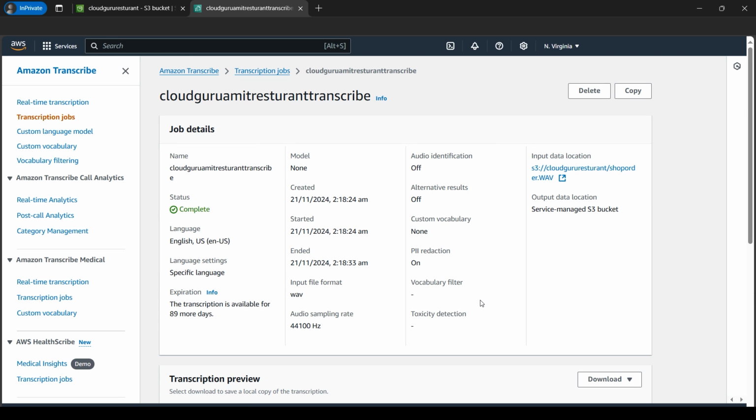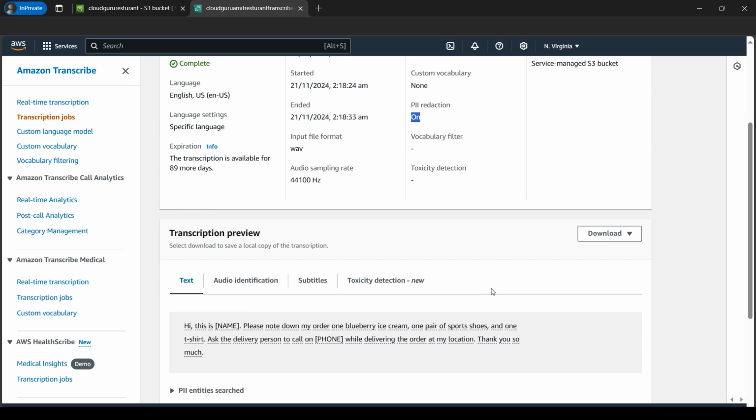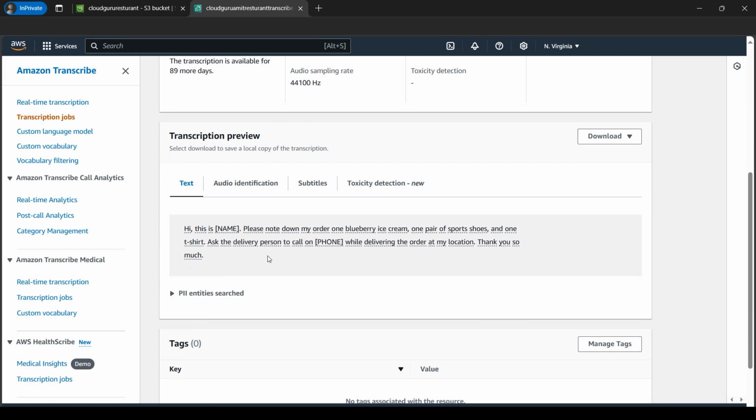So here, if we look, please make sure, since we have toggled PII redaction, it's on. So that is what our intent was. If we go down here, this is what we require. Since we are a restaurant business, we just want these things, like the customer needs one blueberry ice cream, one pair of sports shoes. This is just random text. Definitely a restaurant won't accept any kind of shoes or t-shirt like that, but this is just for